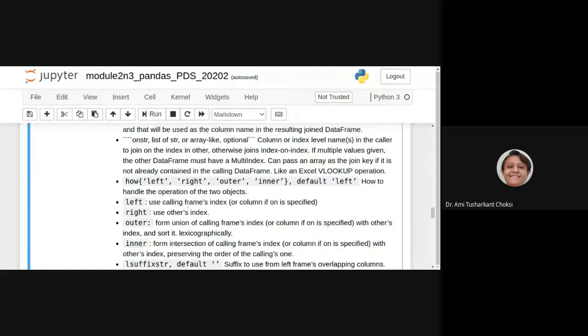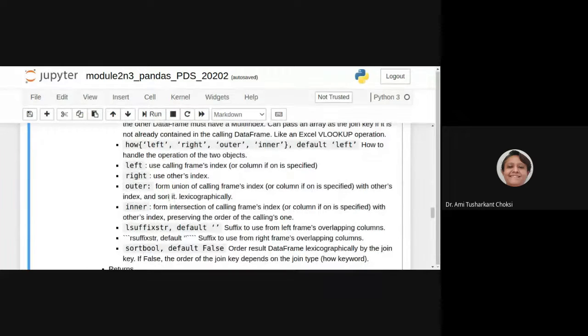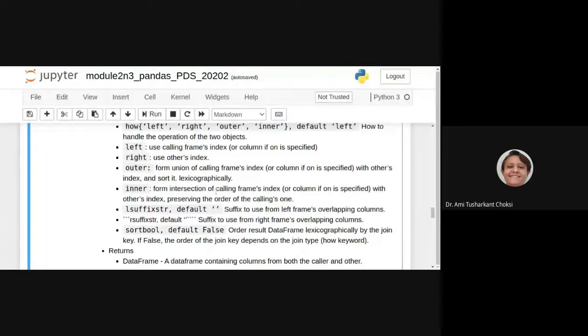Left is use calling data frame's index. Right, that means use other's index. Outer means form union of calling frame's index with other's index and sort it lexicographically. Inner means form intersection of calling frame's index with other's index, preserving the order of the calling one, right?